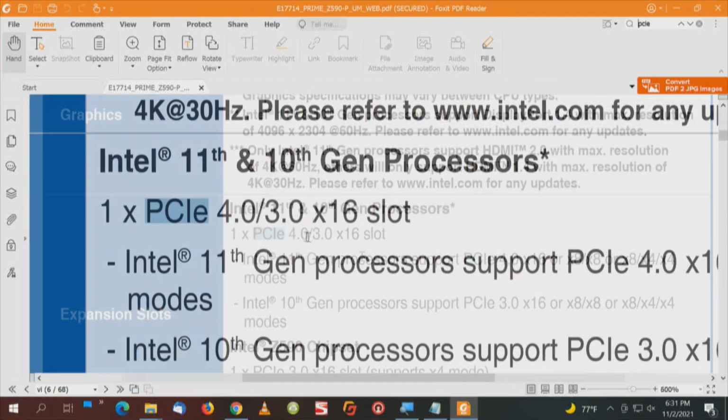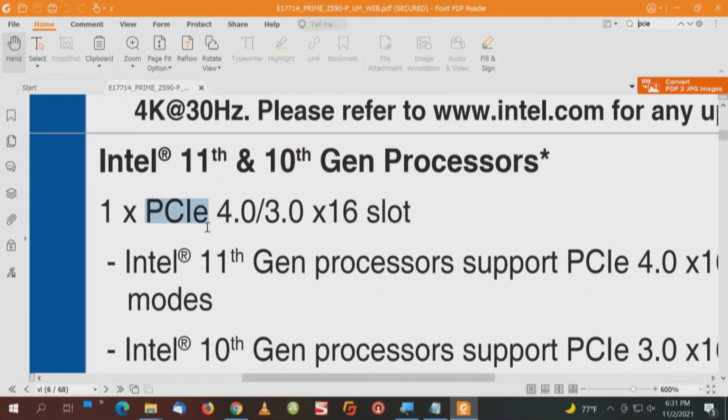And what we're looking at for an 11th generation processor, PCI Express 4, for a 10th generation processor, PCI Express 3. With the 11th generation processor, 8 cores. With a 10th generation processor, 10 cores. And we've outlined and identified 4 levels of computer builds. Number 1, an entry-level machine, which would be 10 cores. We're talking about 8 now. Number 2, a secondary level, which would be 16 cores, which is not this,